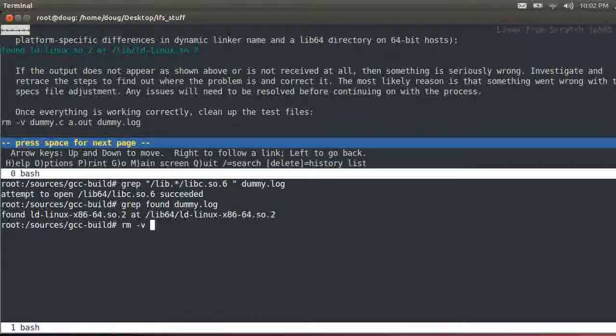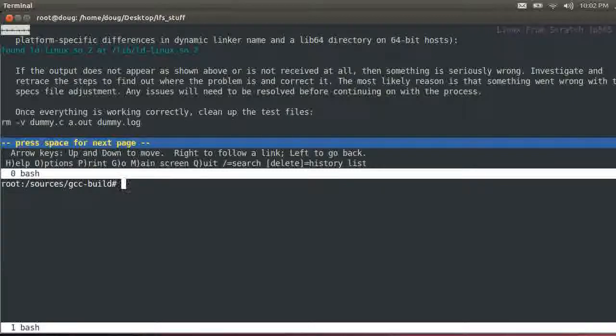Hopefully you did get something like that, but if you didn't, that's very critical. If that failed, maybe better off starting over. Remove dummy.c and dummy.log.